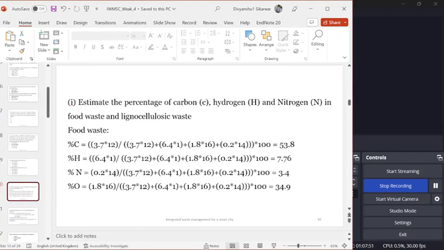So for carbon we have 145 into 53.8 plus 610 into hydrogen, 7.76, minus oxygen, 34.9 divided by 8. Then we have 10 times nitrogen, which is 3.4. So if we calculate this, we will get